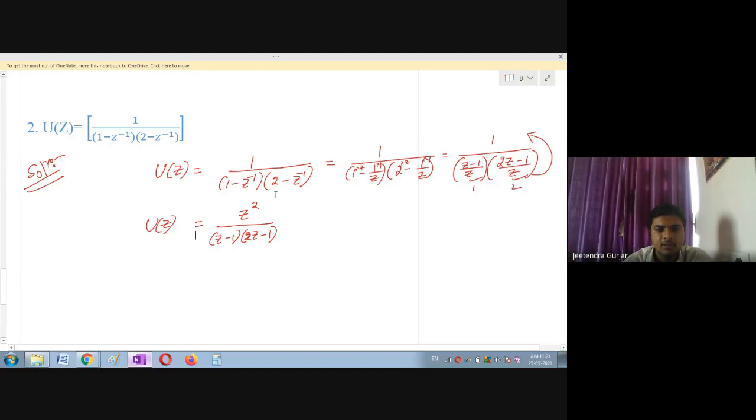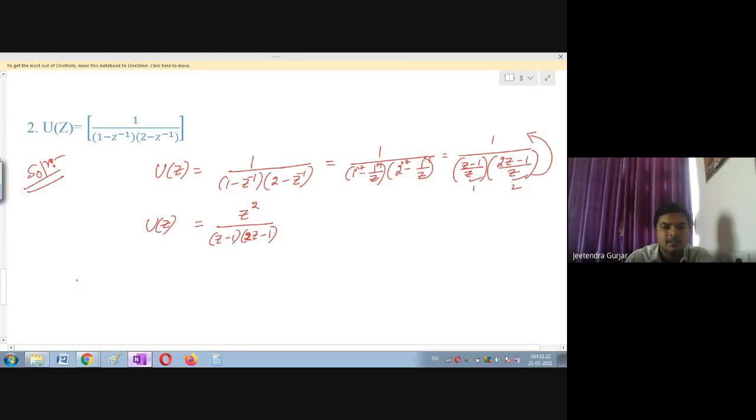See, this is not in the standard form. Therefore, I have just taken here z minus z raised to minus 1. They have given z raised to minus 1, I have taken here 1 upon z. Okay. So here I have taken the LCM. The LCM will become z minus 1 upon z. Whereas 2 minus 1 upon z, LCM is going to become 2z minus 1 upon z. So here we have 2z, here is first z and second z. So z into z will become z square. Z square I have taken in the numerator. So in the denominator only z minus 1 and 2z minus 1 will remain, students.